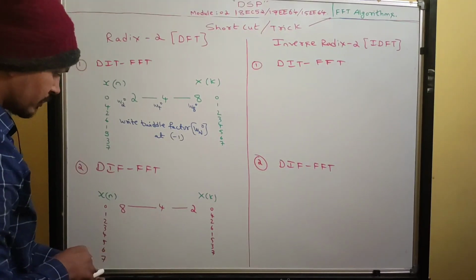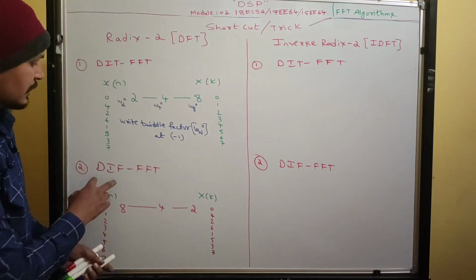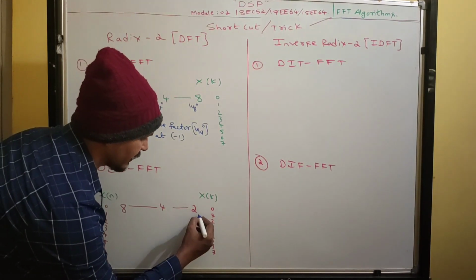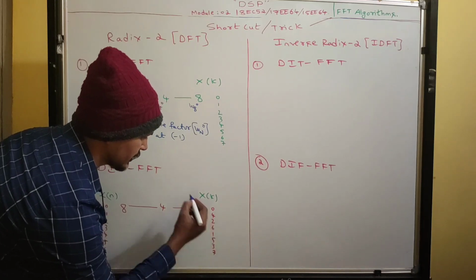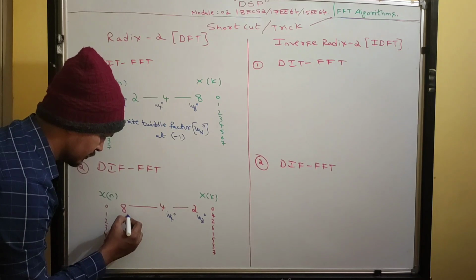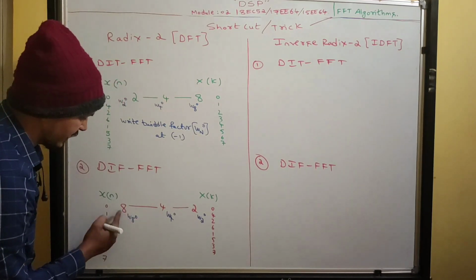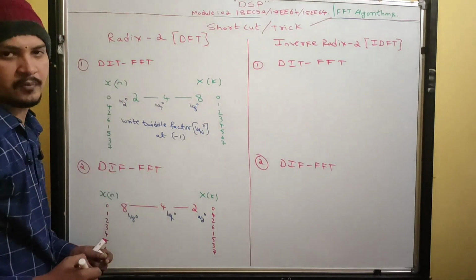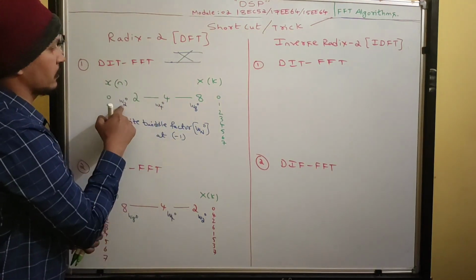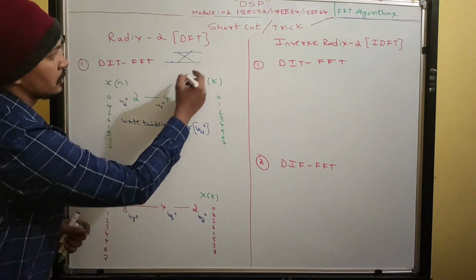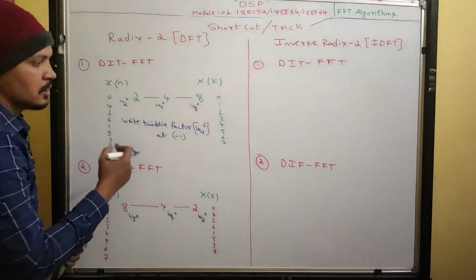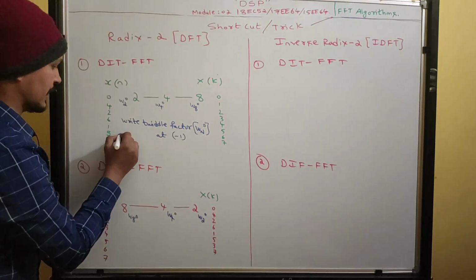Okay, got it? Where should I write the twiddle factor? In decimation in frequency, write the twiddle factor after the butterfly: omega 2 power 0, and after the butterfly you write the other twiddle factors, omega 8 power 0. In decimation in time, if I write here, it means at the start only you should write it. Starting only, you write the twiddle factor. So for this one you write here. Write the twiddle factor after the butterfly in DIF, and at the start in DIT.